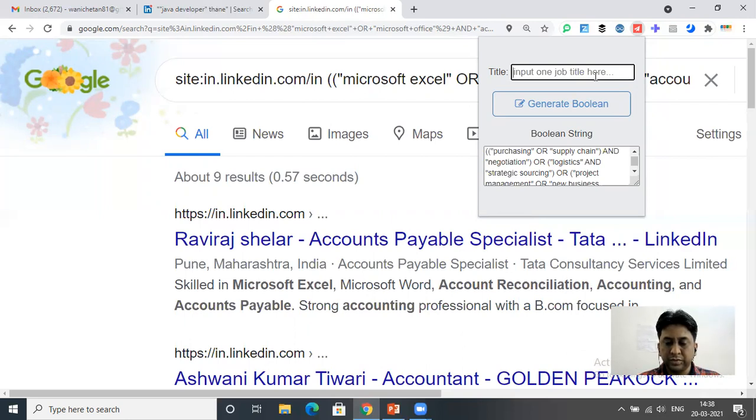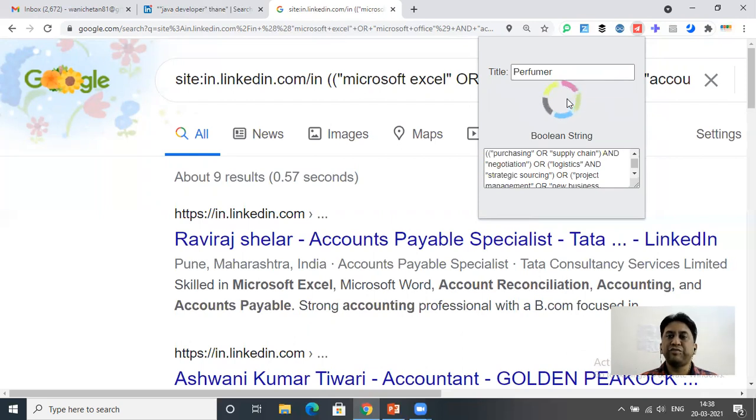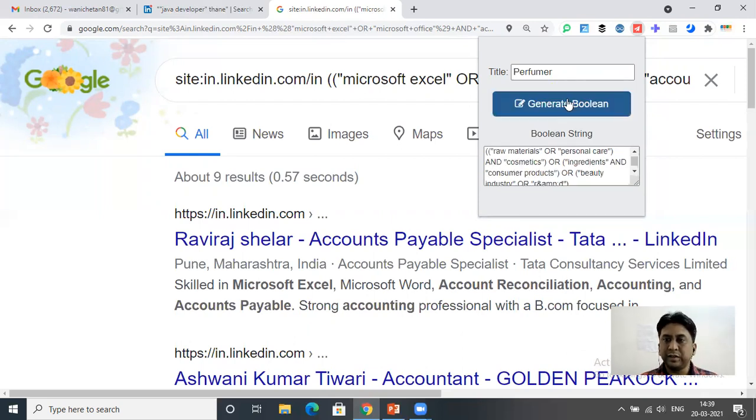So now let's take perfumer. This is a niche profile. This is the designation of perfumer, wherein whatever soap we are using, whatever fragrance is in the soap, these are the people who put that fragrance.